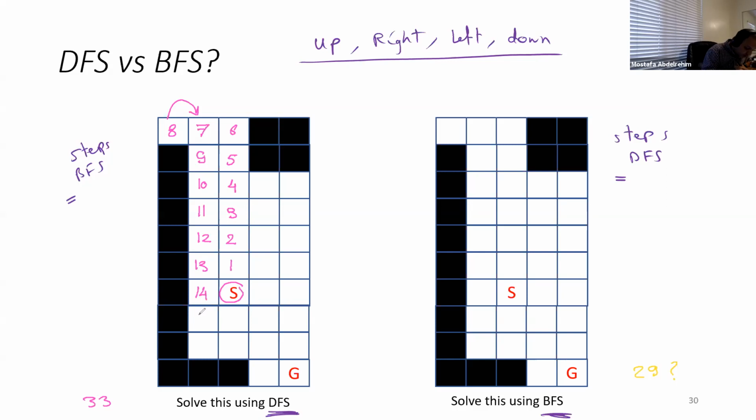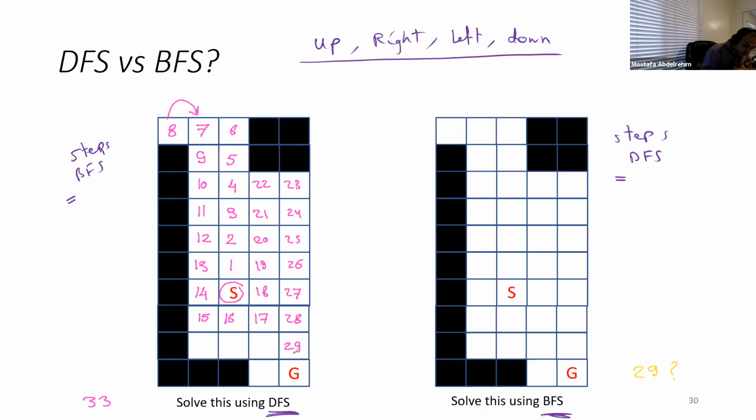At 14, we go 15. 15 up, already explored, right? 16 up, already explored, right? 17 up, 18, 19, 20, 21, 22 up is an obstacle, right? It's not explored. 23, 24, 25, 26, 27, 28,